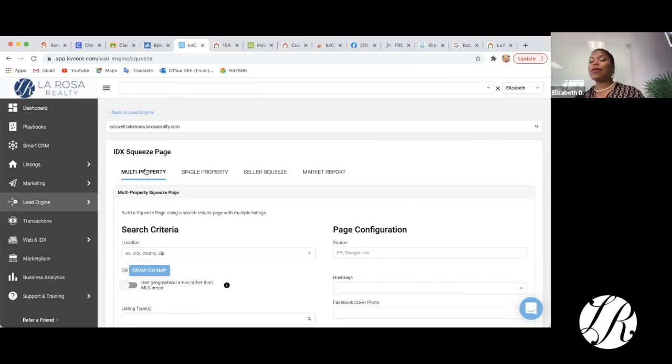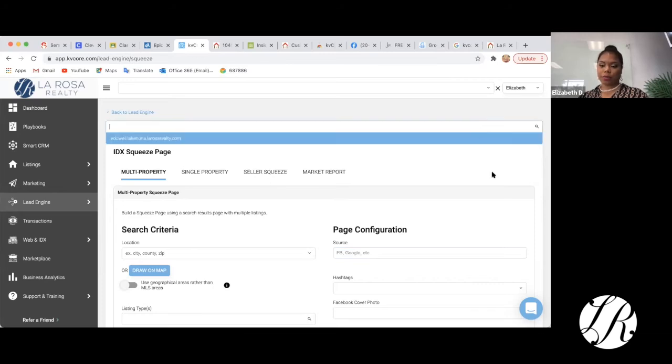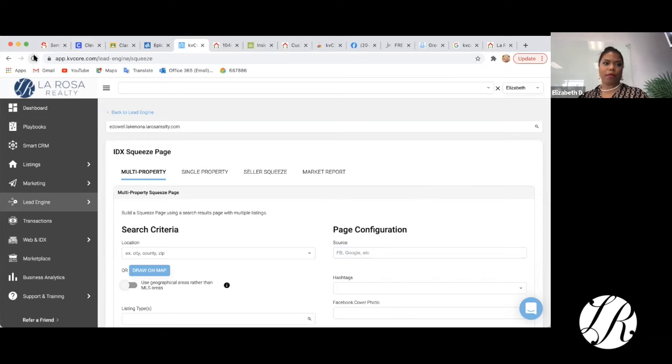This one you can create a link with different properties from an area. Let's say that you want houses from Lake Nona. So here we're going to work. Give me 1 second, I can scroll down. Give me 1 second, refresh. Okay, now,